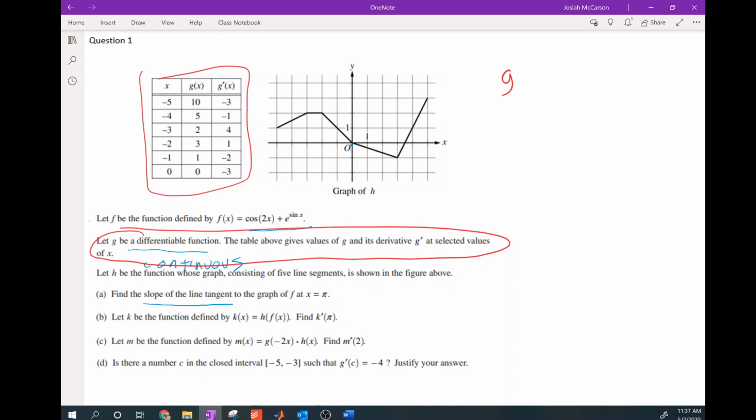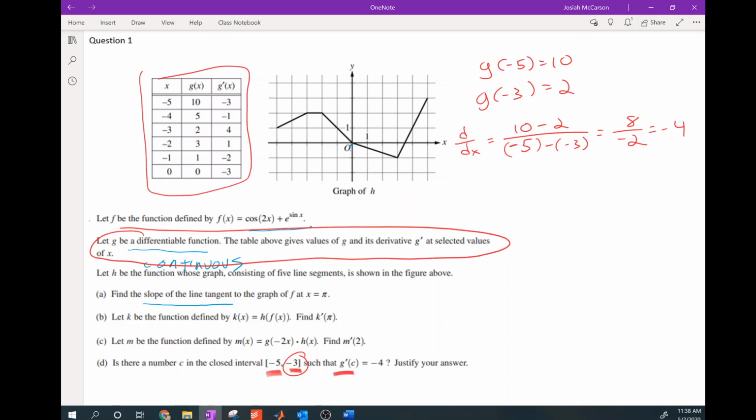So we can see that G of negative 5 equals 10. And G of negative 3 equals 2. So to find the slope, or the derivative, we would do 10 minus 2 over negative 5 minus negative 3. And that would give you 8 over negative 2, which is negative 4. So by the mean value theorem,